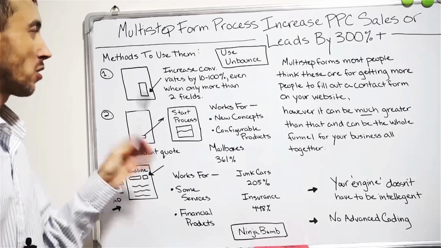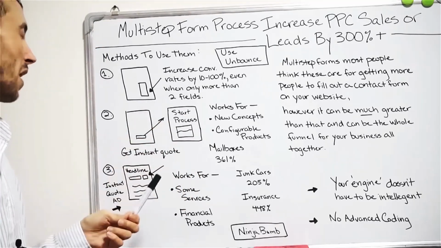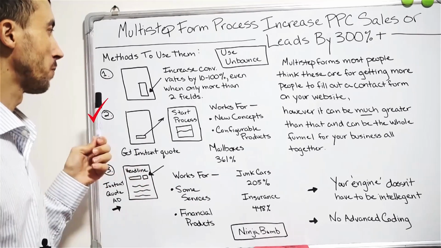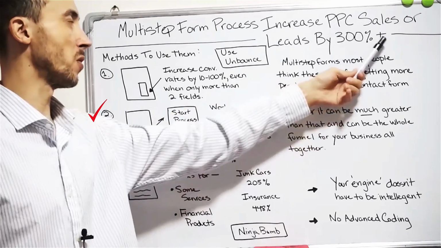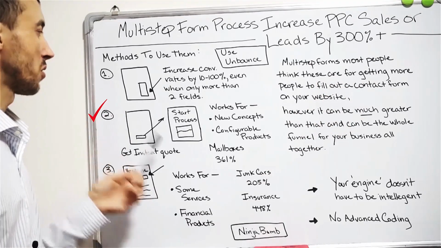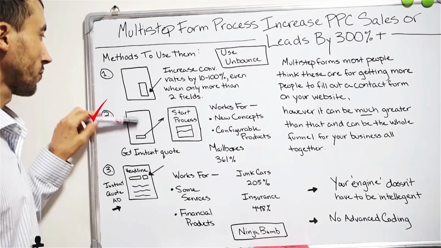So that said, that's the traditional use, okay? And I gave you the tips to do it. You can use that by itself. But what this video is primarily about is this process that's going to get you the 300% returns, okay? So the second instance where I use the multi-step process is you'll have a landing page and,